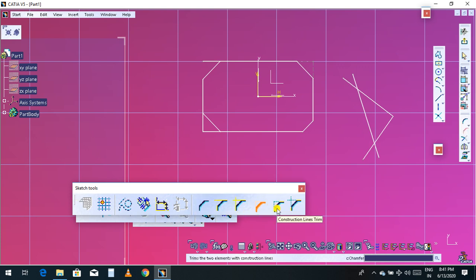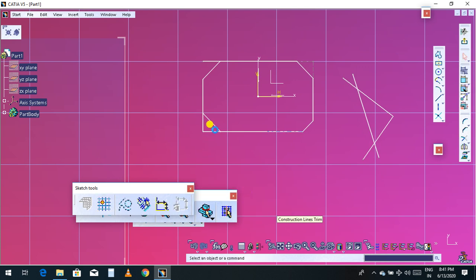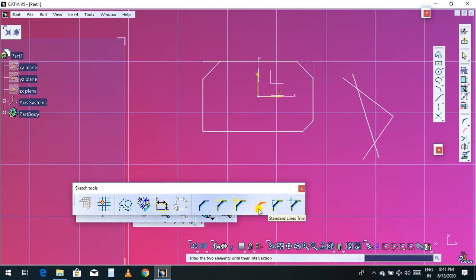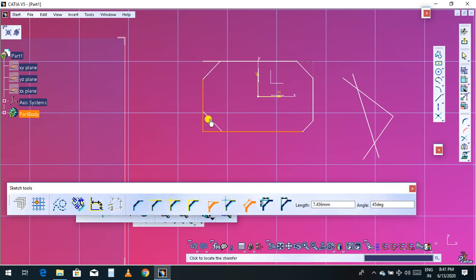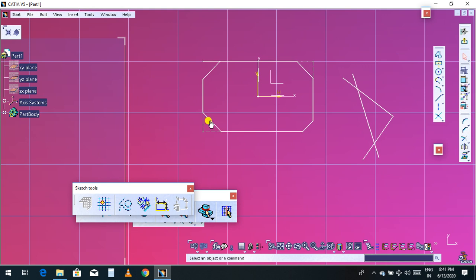Now we have the construction line trim. Construction line trim means, first delete this one, and now choose the chamfer and construction line trim. The chamfer will be done on both sides, but the construction lines will be kept as they are.